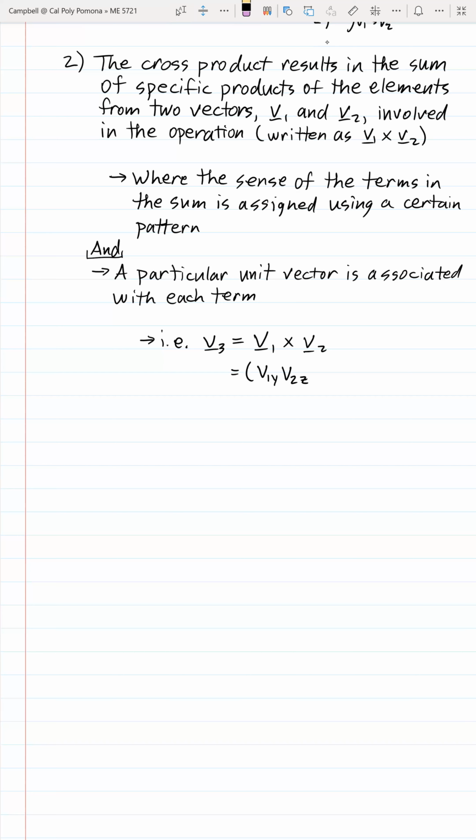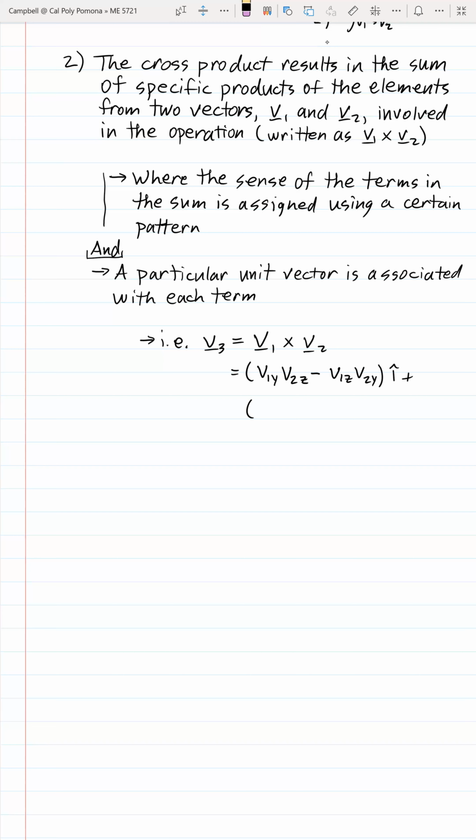Now we add on V1z times V2y, but remember I say that there's a sense component up here, all right? There's a sense associated with that. The sense of the first term is positive, the sense of the second term is negative, and then we associate a unit vector with that particular term simply by scaling that unit vector by the result of that sum with the properly assigned senses. Plus,